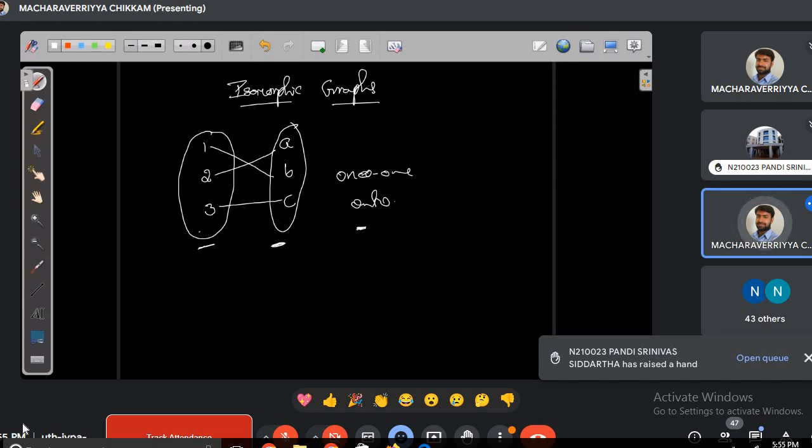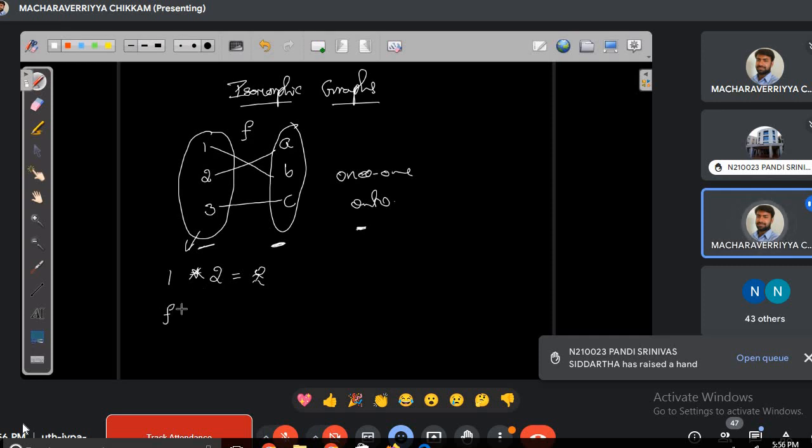Let's assume that here we have some operation, a star. Let's assume that 1 star 2 results in something. Then under this mapping, a 1-1 and onto function that we defined here,